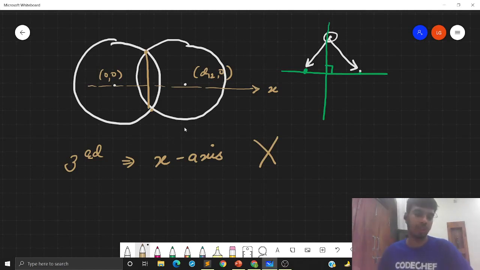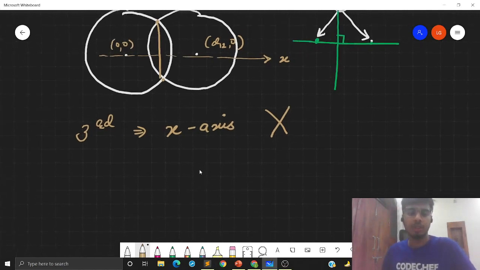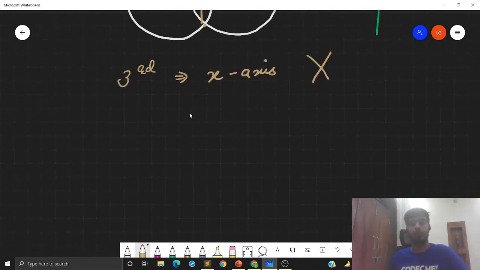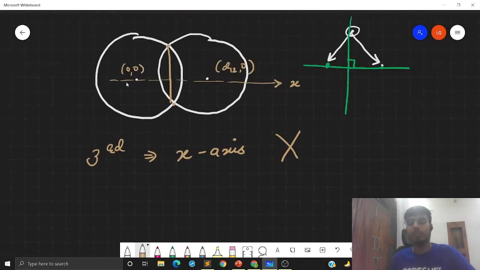Okay, so what is the solution of this problem? Like, how can you avoid this problem? So we can see that if we are able to find out some other point which is not on the x-axis, then we can use that particular point as our third point, and we can use that point to eliminate one of the two possible options and get the other one. And we have already seen that if that chosen point does not lie on the x-axis, then it will have different distances from these 2 points, and using those distances we will be able to eliminate one of these points and get an exact coordinate for the ith point.